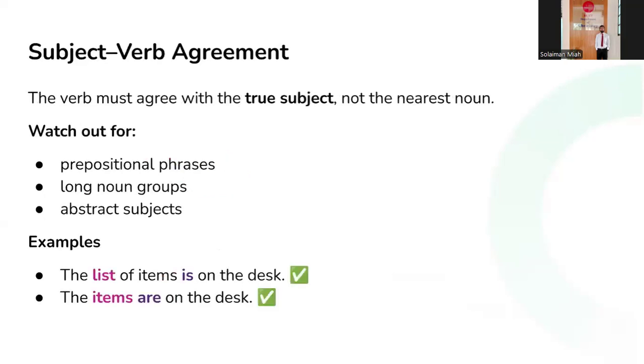That example was a case of subject-verb agreement, which is the most important type of agreement when building sentences like this, but it's not always so simple. Sometimes the subject and the verb aren't right next to each other, but we still need them to match. This matters because build a sentence tasks often include long noun phrases or prepositional phrases that distract from the main subject. In the sentence, the list of items is